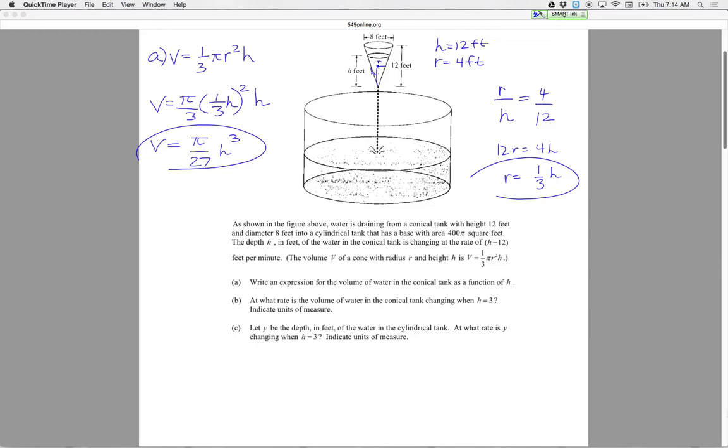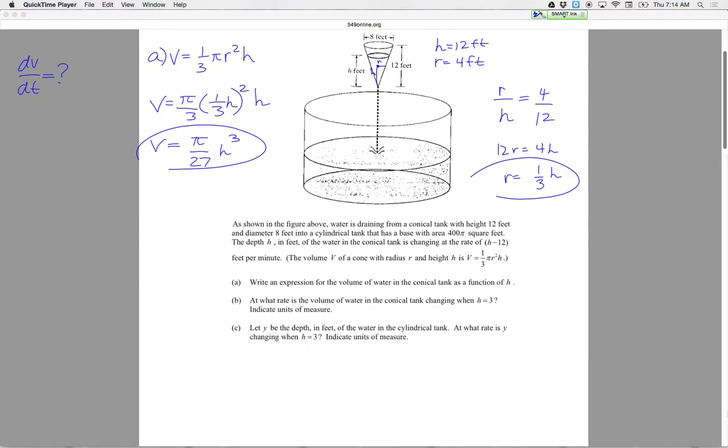Part B. At what rate is the volume of the water in the conical tank changing when h is 3? Indicate the units of measure. Let me say that again. At what rate is the volume of the water in the conical tank changing when h is 3? So in other words, if I go back over here, this is going to be pretty key here. I want to know dV/dt,